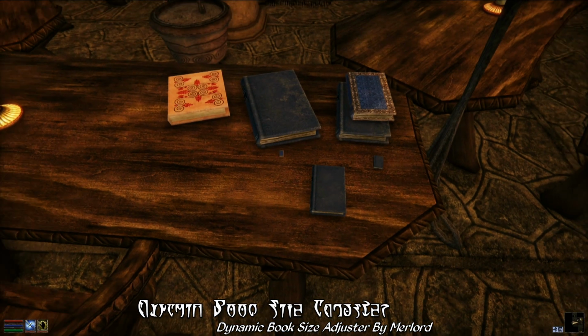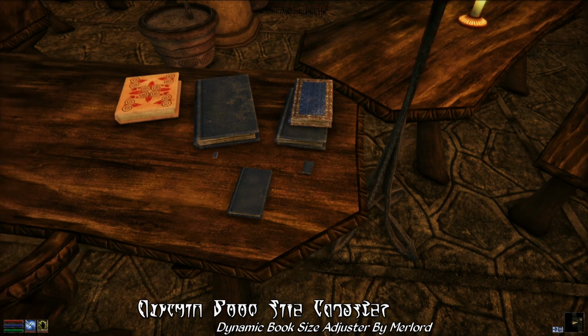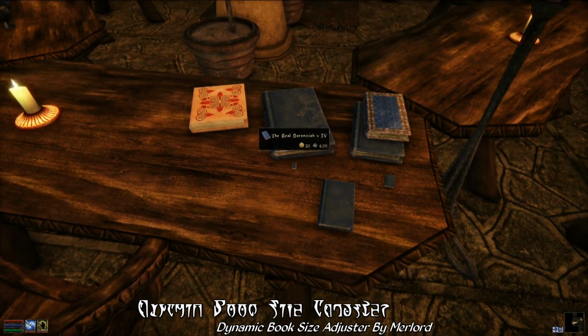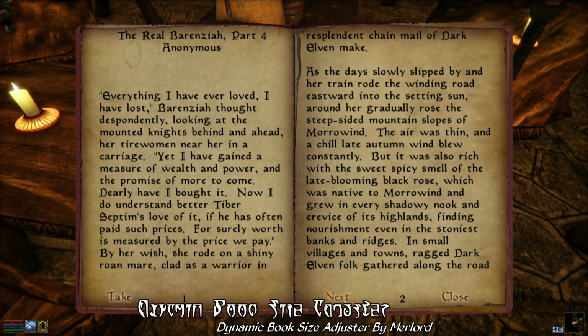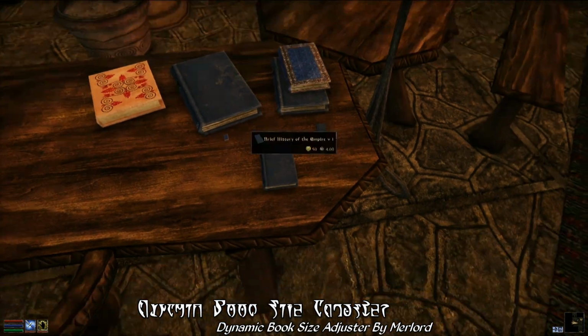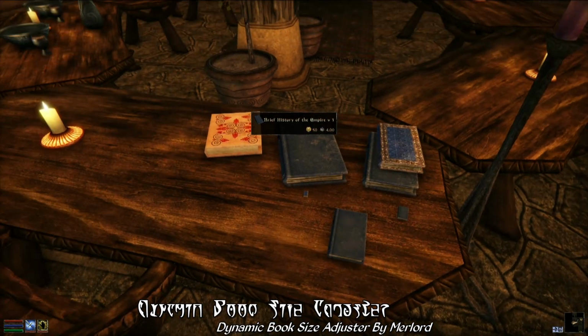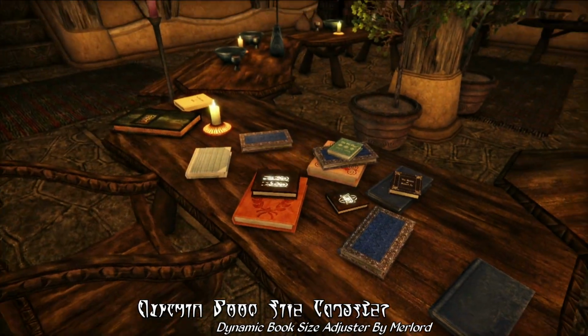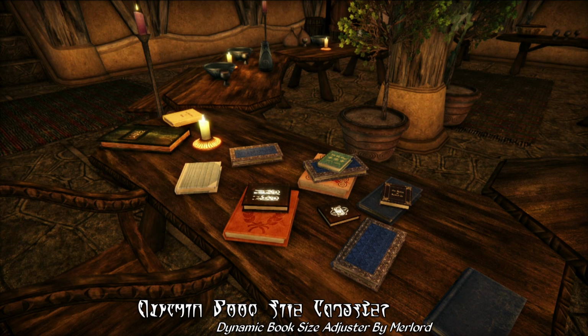You know what? Let's do a little comparison, shall we? We'll get a real life book, and we'll compare it to the scale of the books in Morrowind. Yeah, that's right. We're going to do this. We are going to put this to the test. That's right. I'm getting up, grabbing a book, and we're putting this to the test. This is ridiculous. Too big, unrealistically too big. That's nonsense. Complete utter nonsense.